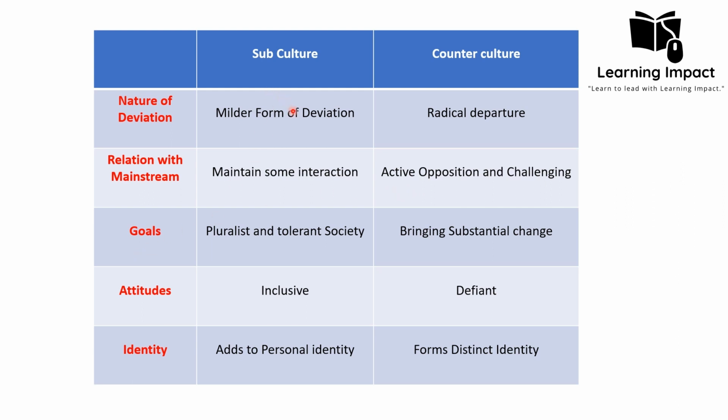Then goals. In case of the subculture, its goal is to make a society more pluralistic and tolerant. It means that it lives alongside other subcultures, so the society becomes more tolerant, pluralist, and culturally diverse for communities to live. So we can see that the subculture aim is to create communities where individuals can find acceptance and share interest. So it also influences fashion and slang, artistic